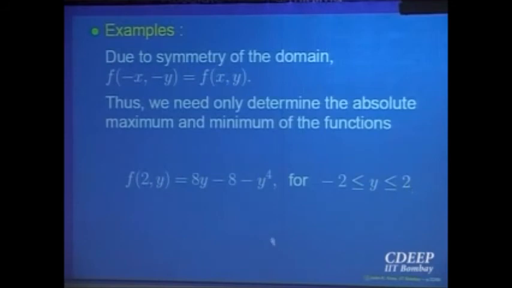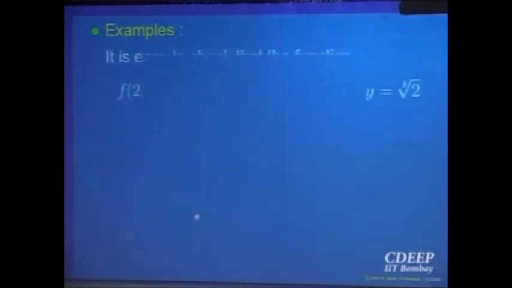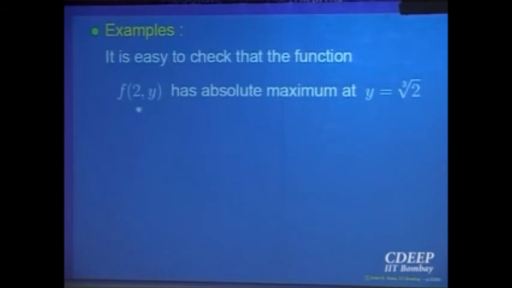So analyze, how will you analyze? Similarly on the second, for y equal to 2, this is the function, functions of one variable you can analyze for maximum and minimum using one variable tools. So all this is worked out. So f(2,y) has a local absolute maximum at the point y is equal to cube root of 2. I have just written the answer. You please check it, do it yourself because it is a one variable thing. And absolute minimum, put the value of that point y in the definition of the function to get the absolute minimum at y equal to, okay.